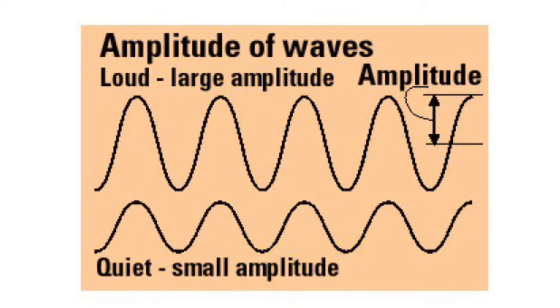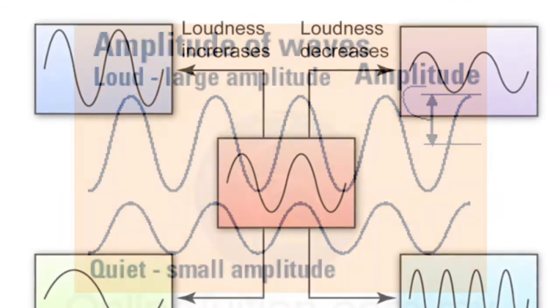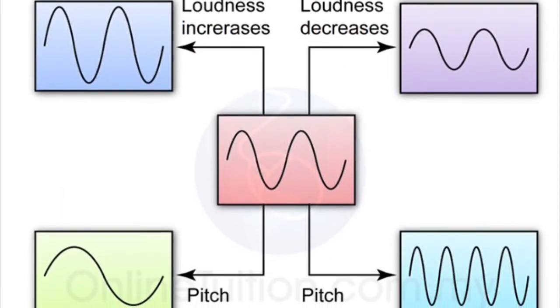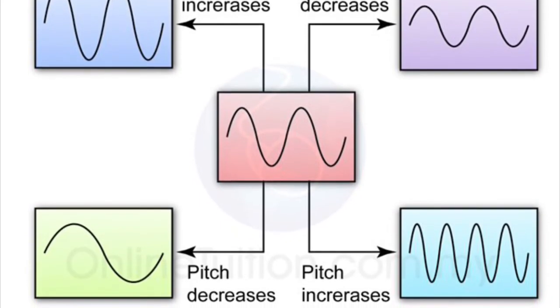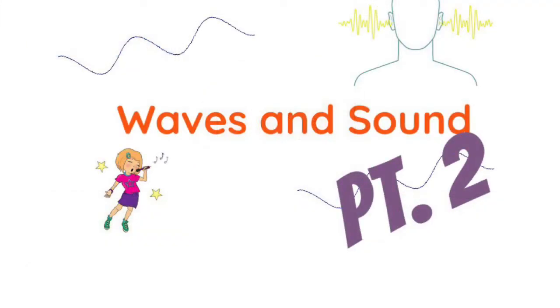With greater amplitude, the loudness will also increase. The thing is, people can detect sounds more easily between 1000 Hz and 5000 Hz. That is why these can be perceived as louder. Other than that, loudness shouldn't be mixed up with frequency or pitch. Also, there are more things about sound and sound waves. If you want to know more about them, do not forget to watch part 2.